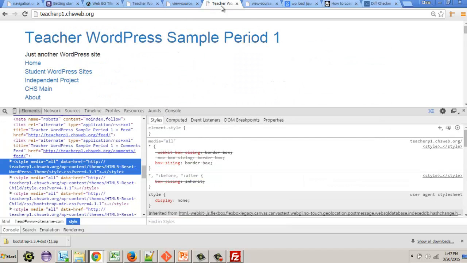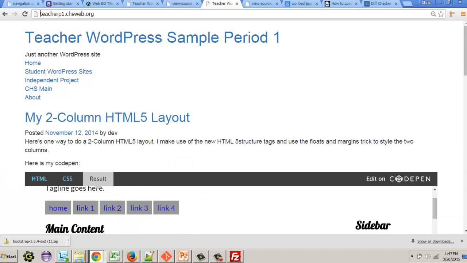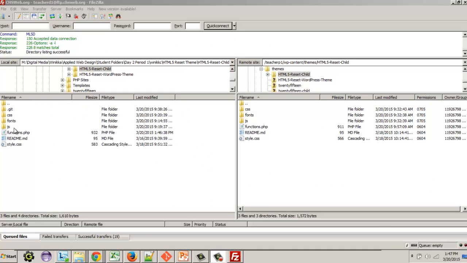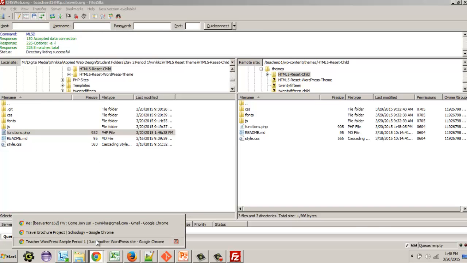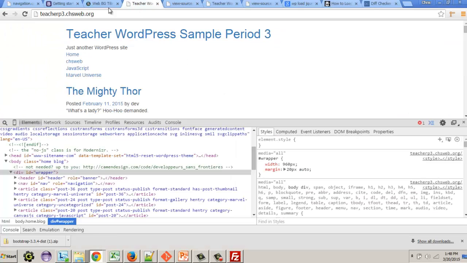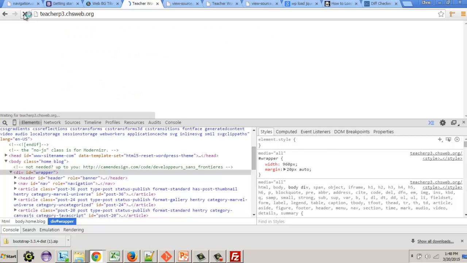That was our problem. Now let's just see if by changing it on the other one, we don't mess anything up. So here we go. I'm in the other one. There's the functions from my period 1, and I'm on teacher period 1. Upload, overwrite the files. Now let's test it on the other one and just make sure that that one is still continuing to work properly. They should both